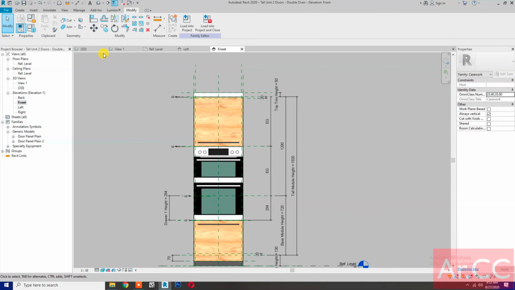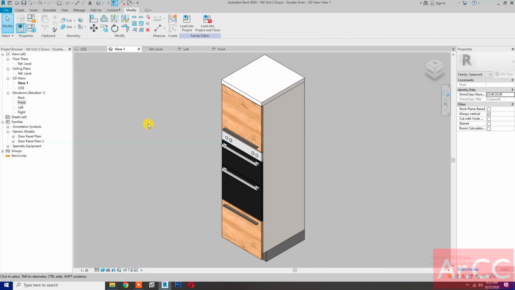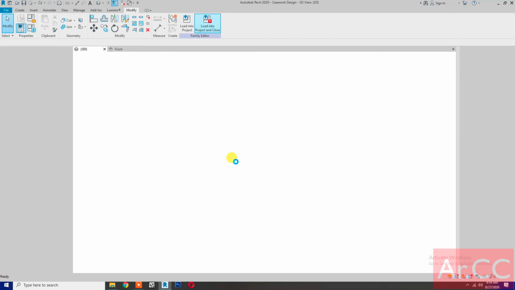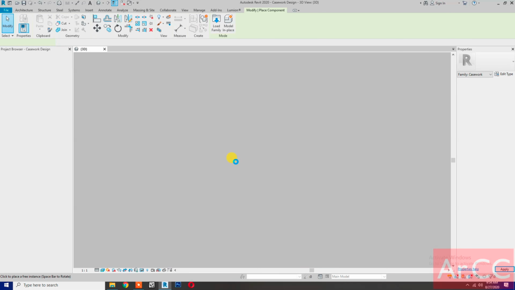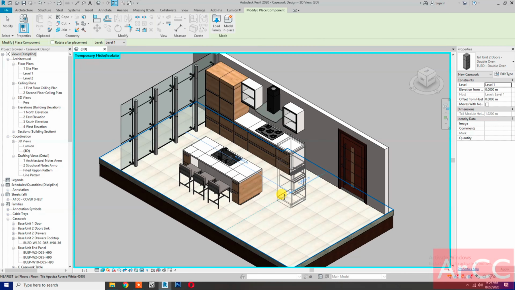Okay, then go back to 3D view, select fine, then save the family, load into the project. Okay, next insert,